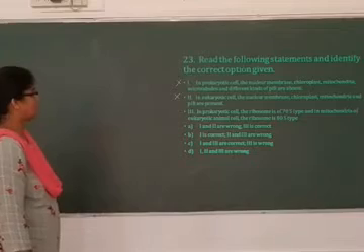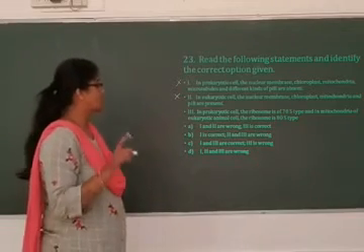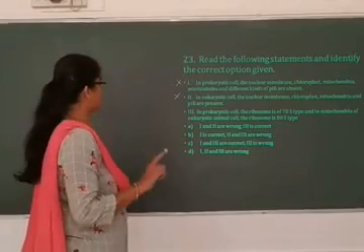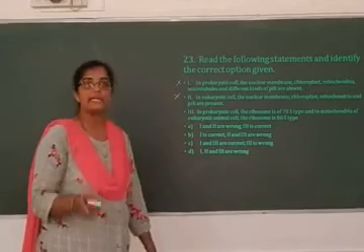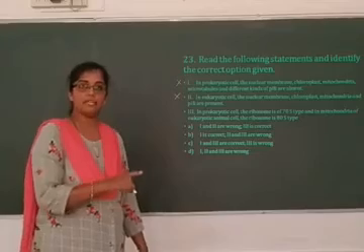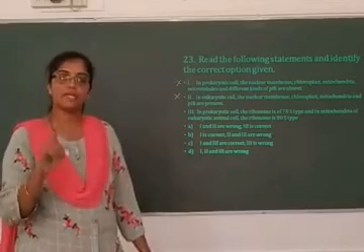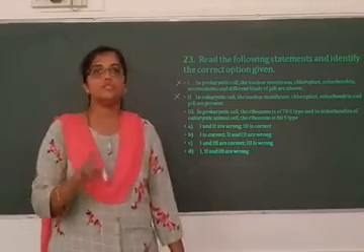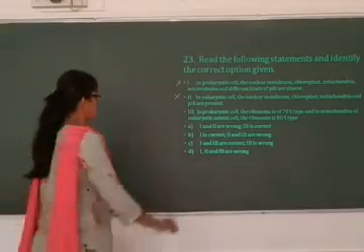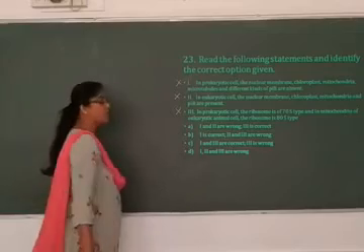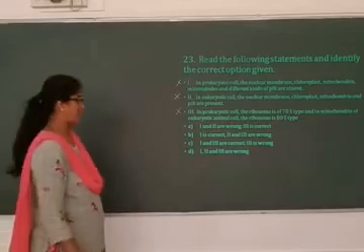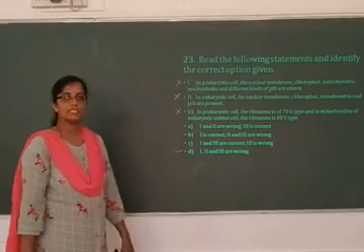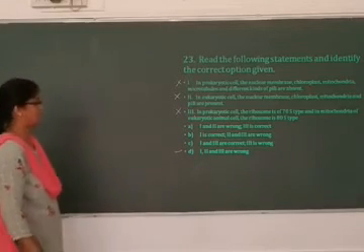In prokaryotic cells, ribosome is of 70S type, and in mitochondria of the eukaryotic cell, the ribosome is 80S type. This I explained earlier also. Of course, in prokaryotes 70S type of ribosomes are present, but in mitochondria also 70S type of ribosomes are present. So the third statement is also wrong. Which is the right option then? 1, 2, 3, all the 3 statements are wrong.